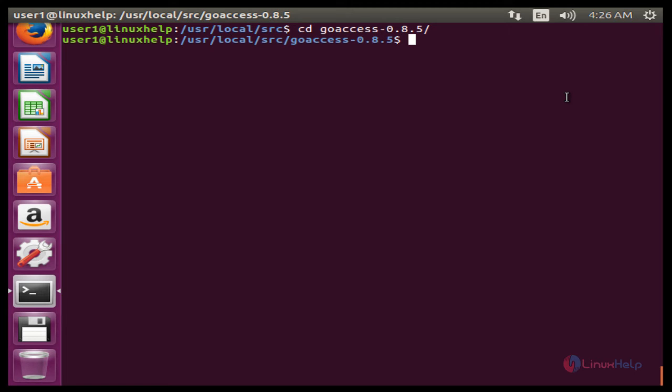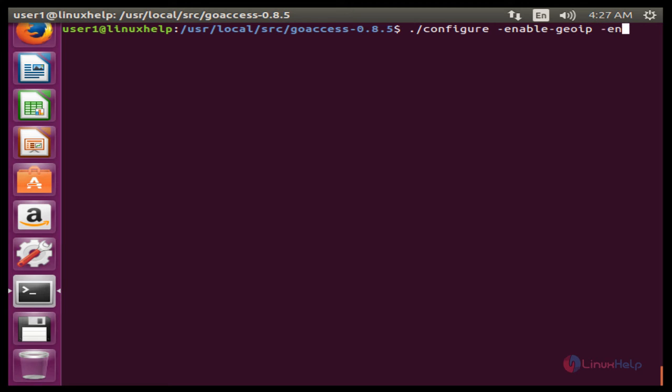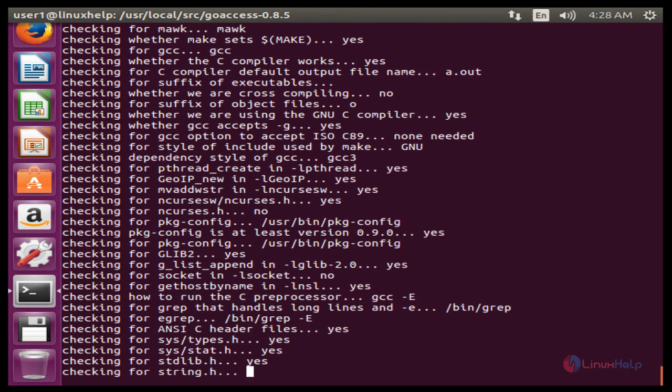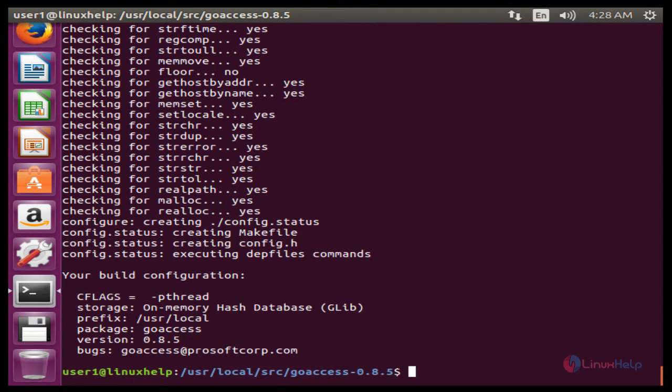The command is ./configure --enable-geoip --enable-utf8. This command is used to run the configure script. Now enter to run. Now the configure is completed.